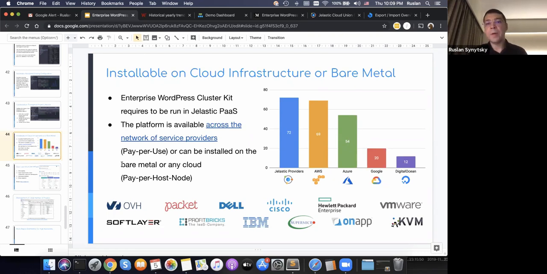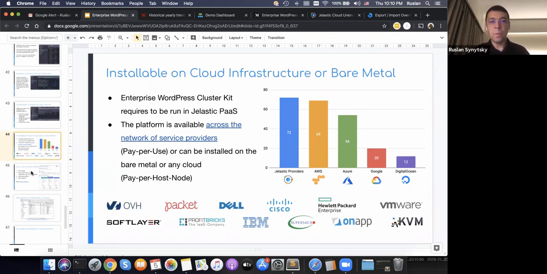For example, if you go with Amazon, you will have to pay for the whole resources used at Amazon, because we don't control this. We cannot force Amazon to apply a pay-per-use model, and somebody should pay for these resources. So it's possible, yes. However, please take into account that it's a different pricing model.